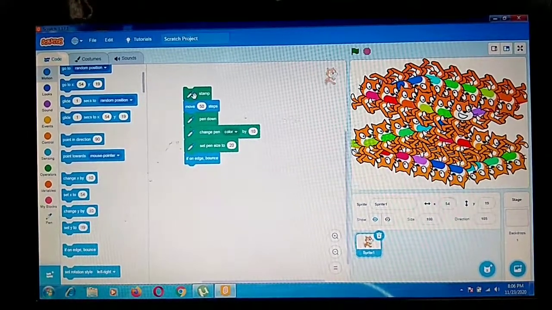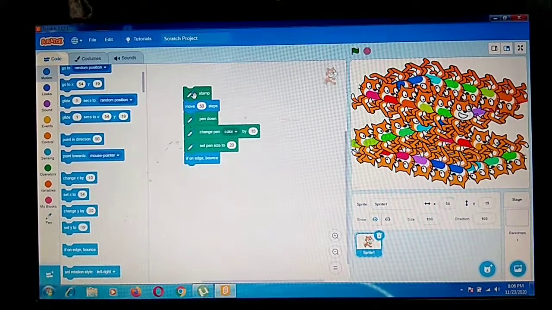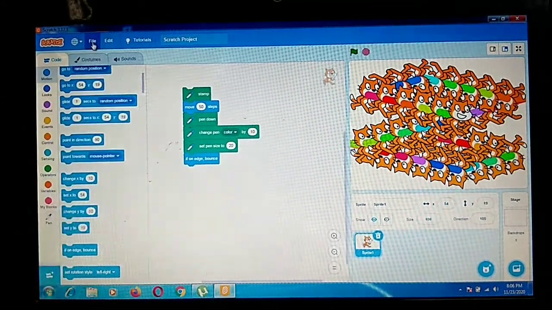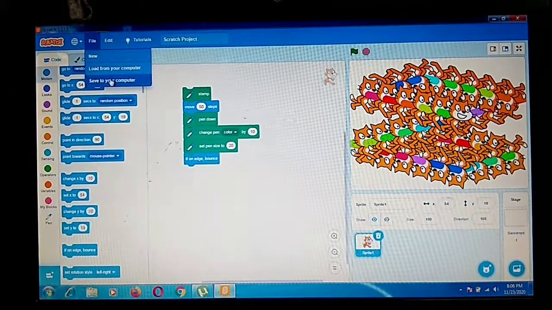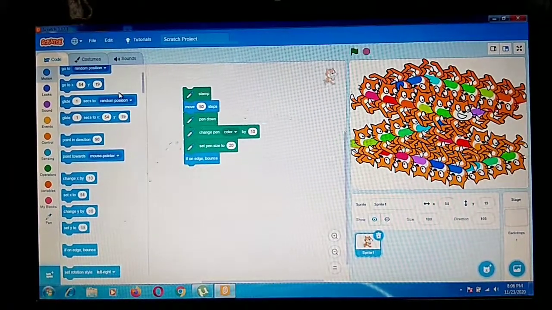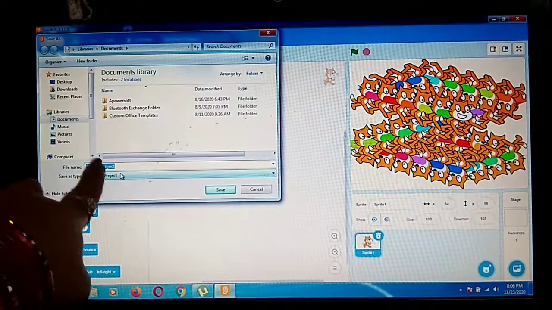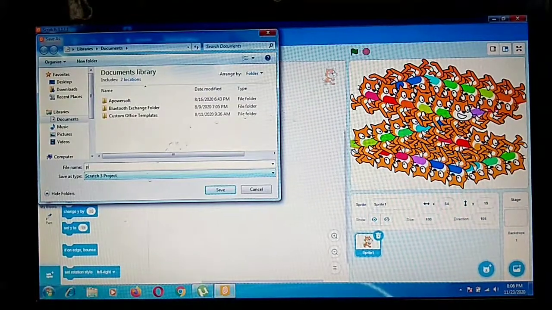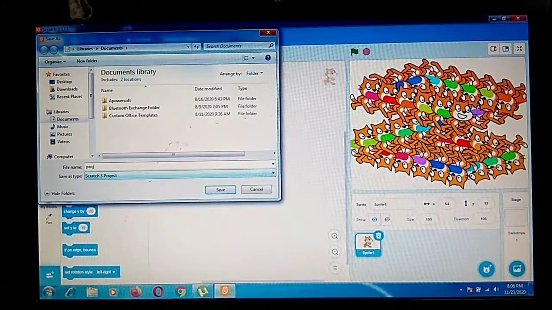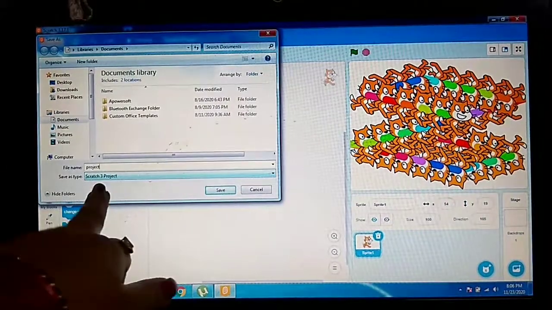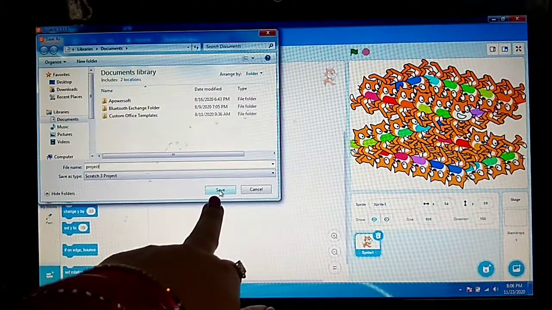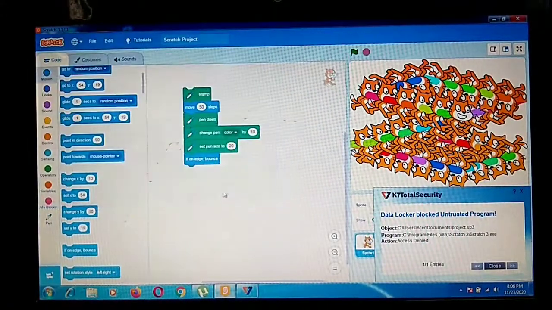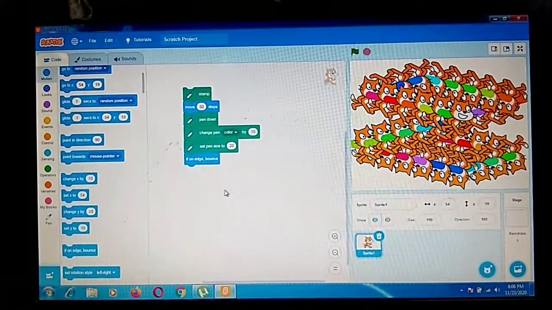This is the work of the stamp block. Now see on page number 65, saving a Scratch project is given. For saving, it's very simple. You will go to the file button. Here you will get the save option, save to your computer. Click on this, and you have to write a project name also. You can write any name, like project 1, or whatever you want. Then click on the save button, and your project will be saved in the computer.